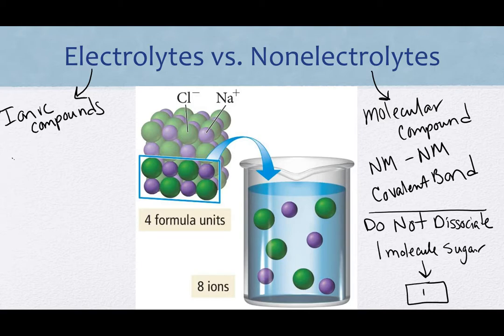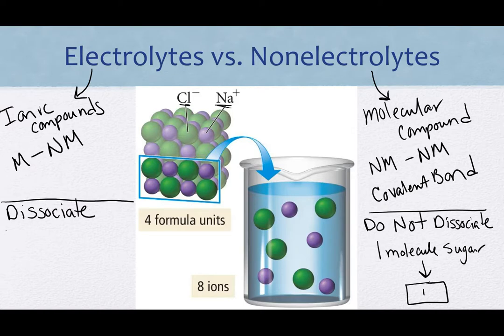Okay, so this is a metal bound to another non-metal. With ionic compounds, with metals bound to non-metals, remember that when they come together, there's a transfer of electrons, positives attracted to negative, and that's what holds these compounds together. So the big take home here is when I dissolve an ionic compound or an electrolyte in solution, they are going to dissociate